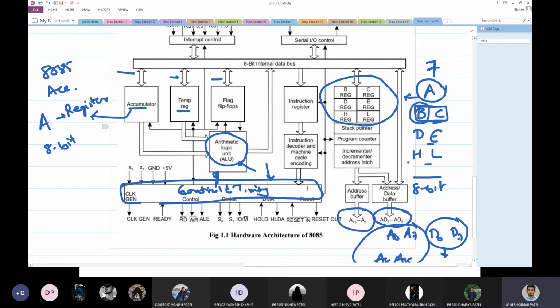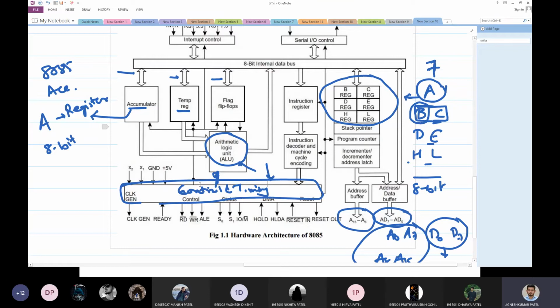And how is it going to do that? It is going to do that by some instruction that we provide. We will provide that instruction in this register. Once you provide that register with some instruction, this is the brain: what the instruction means would be decided by this instruction decoder and machine cycle encoding, and that information would be sent to the timing and control unit.